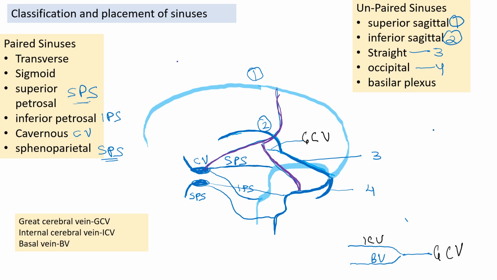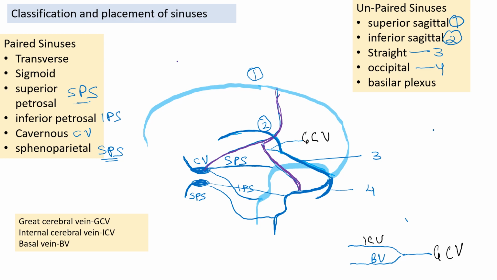So this is all about the various venous sinuses. The superior sagittal sinus mainly receives the venous supply from the cerebral hemisphere, whereas the deeper areas of the brain are drained by the straight sinus. So the straight sinus will drain the thalamic area and the basal ganglion area, whereas the cortical areas are drained by the superior sagittal sinus. The inferior sagittal sinus drains mainly the falx cerebri area.